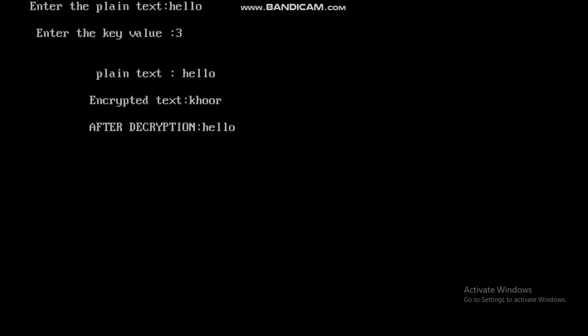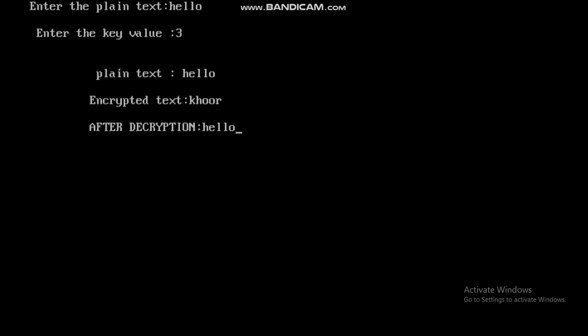First of all, enter our plain text, like we type hello, and the key value like 3, meaning H is converted with the third alphabet, K. So hello is converted to the encrypted message KHOOR: H is converted to K, E is converted to the third alphabet H, L is converted to O, again L is converted to O, and O is converted to R. And this is our encrypted text KHOOR, and after decryption we find our original message.